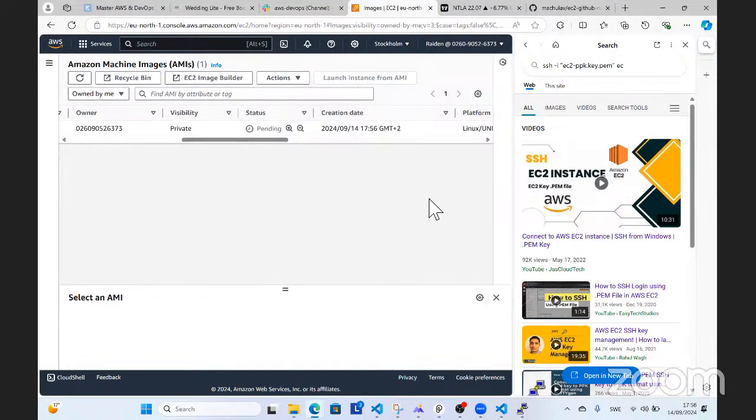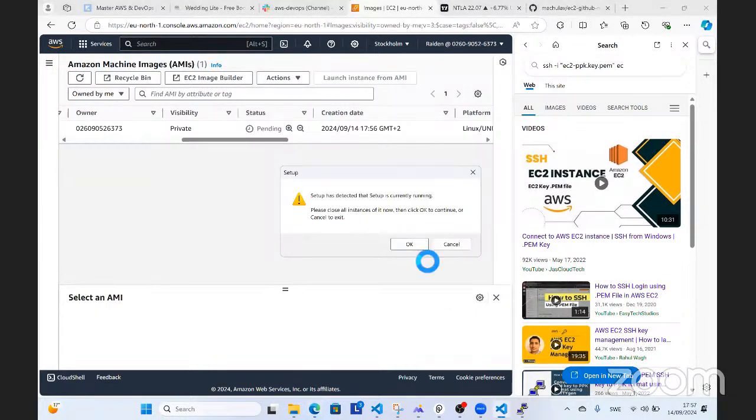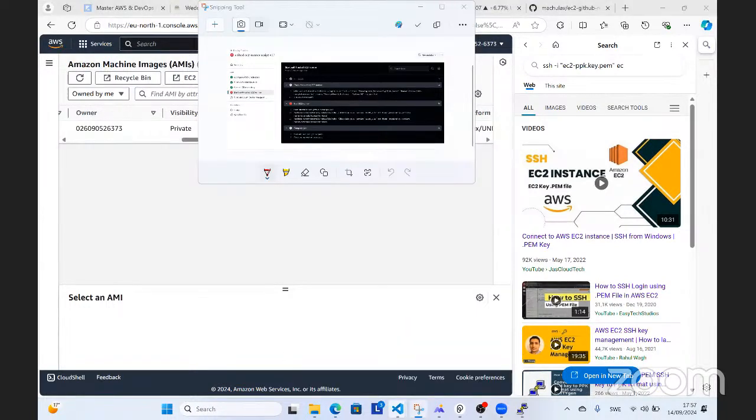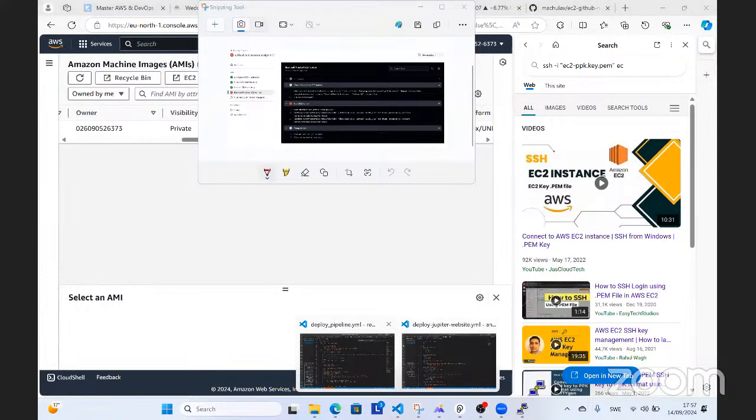Okay. Let's scroll down. Actions. Can you go to your deploy pipeline code? Sure. Let me see. I just want to compare it to mine. All right. So which job is